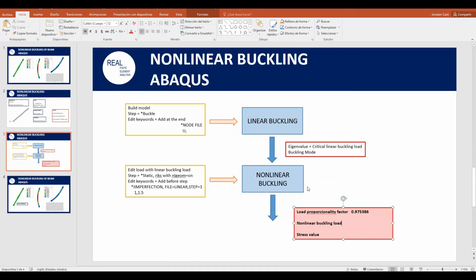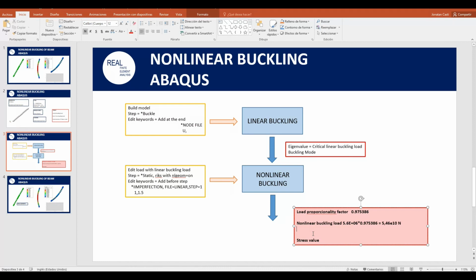So the nonlinear buckling load will be this value multiplied by the load proportionality factor, and this will give us a value of 5.46. This is the value in newtons. Okay, so we have the nonlinear buckling load now, and we need to check.